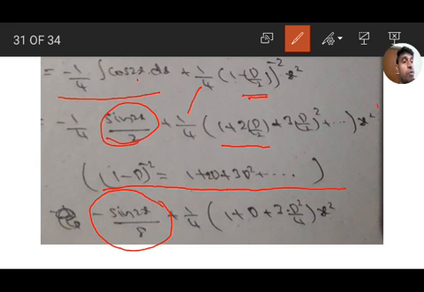We have to take terms only up to D square, and the remaining terms are neglected because the third order derivative D cube of x square, D to the power of 4 of x square, all the derivatives are 0. So 1 by 4 as it is, taking terms up to D square only: 1 plus 2 into D by 2, the 2 cancels, so we get D, and 3 into (D by 2) whole square, that is 3 D square by 4, of x square.